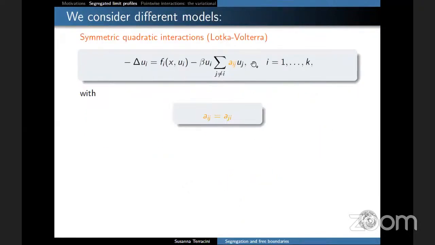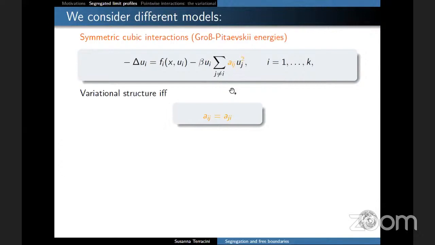Okay, so let's fix our mind. We can consider a number of possible models. The first one we introduced is what I call the Lotka-Volterra system, and has quadratic interactions. You see, this is a quadratic polynomial in the u_i with symmetric competition rates. Okay, and then one can consider the Euler-Lagrange equation associated with this